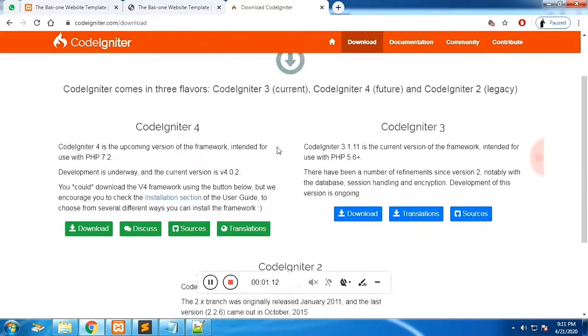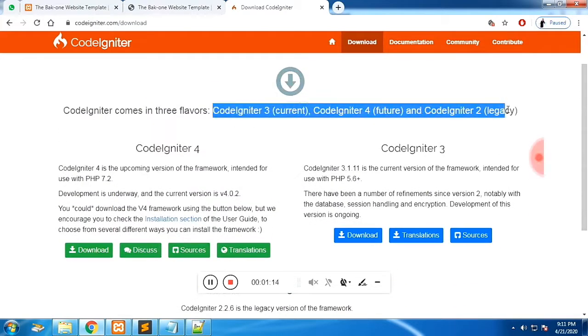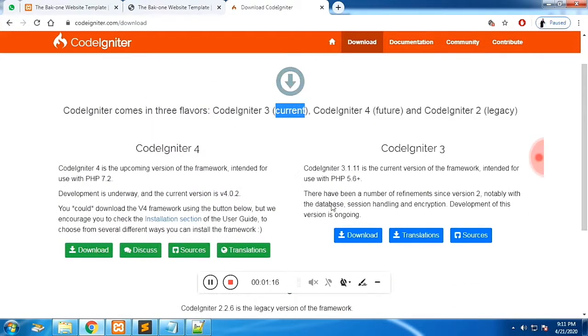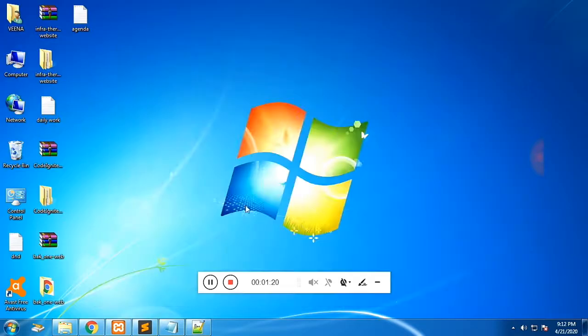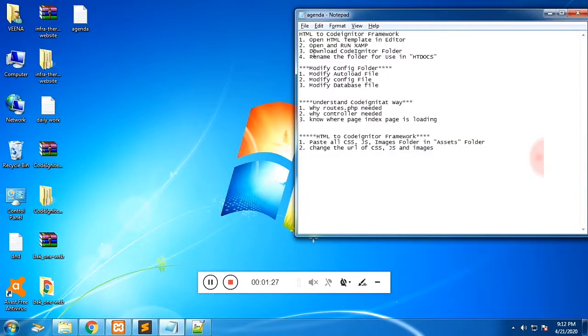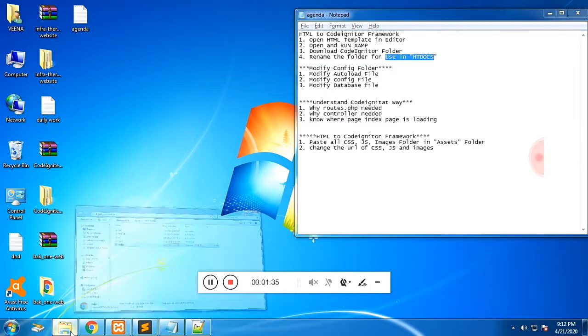As you can see, there are three versions. Codeigniter 3 is the current version, so we are going to work on Codeigniter 3. Click on download. I have already downloaded it and kept it on the desktop. Extract it, and we have done this. Now what we have to do is take the extracted folder and place it in the